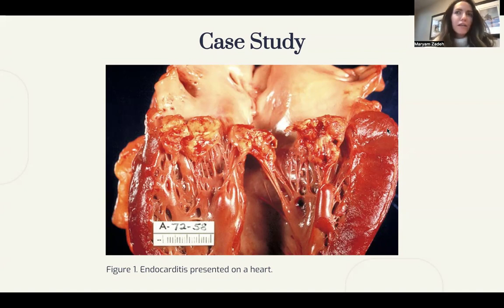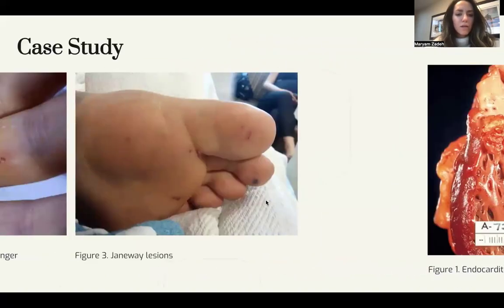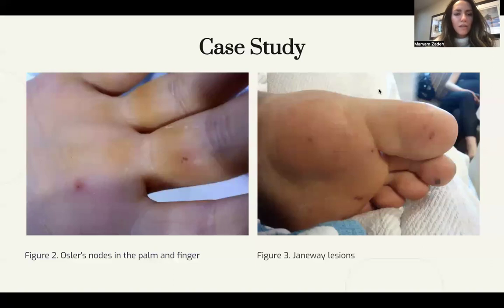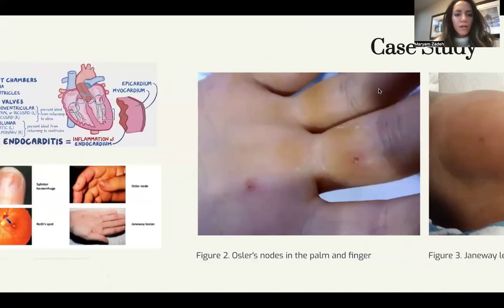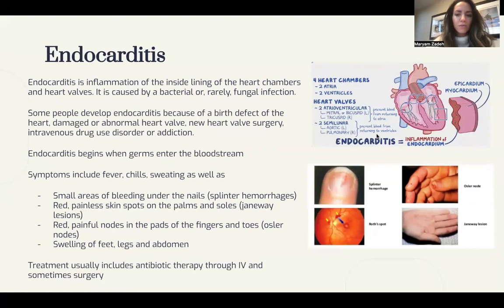She also had a fever, and at the beginning we didn't really know what it was. But after a bit of investigations like blood work, a CAT scan and things like that, we found out that she had endocarditis. And I think if you go to the next slide, I can explain what it is. Sorry. Oh yeah, there. So we'll go back to those pictures, but essentially endocarditis is an inflammation